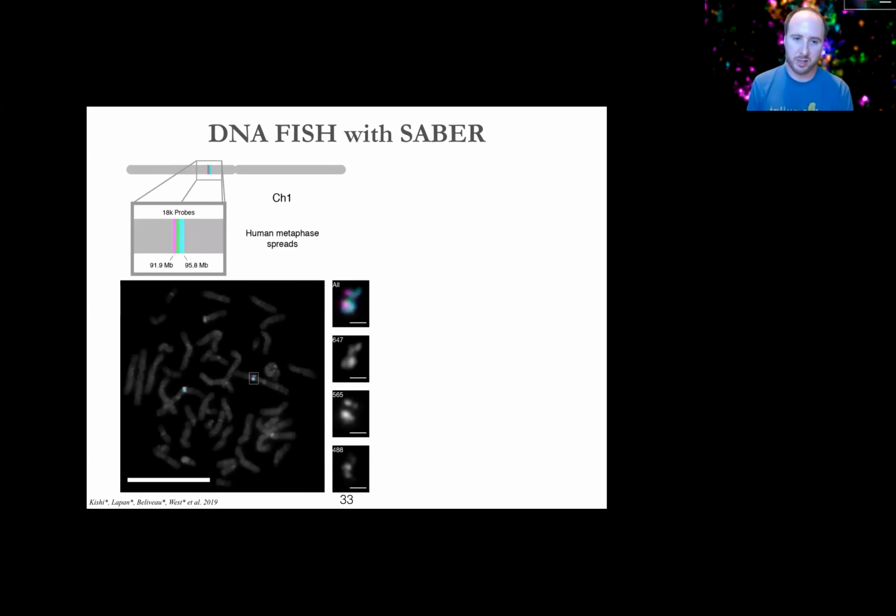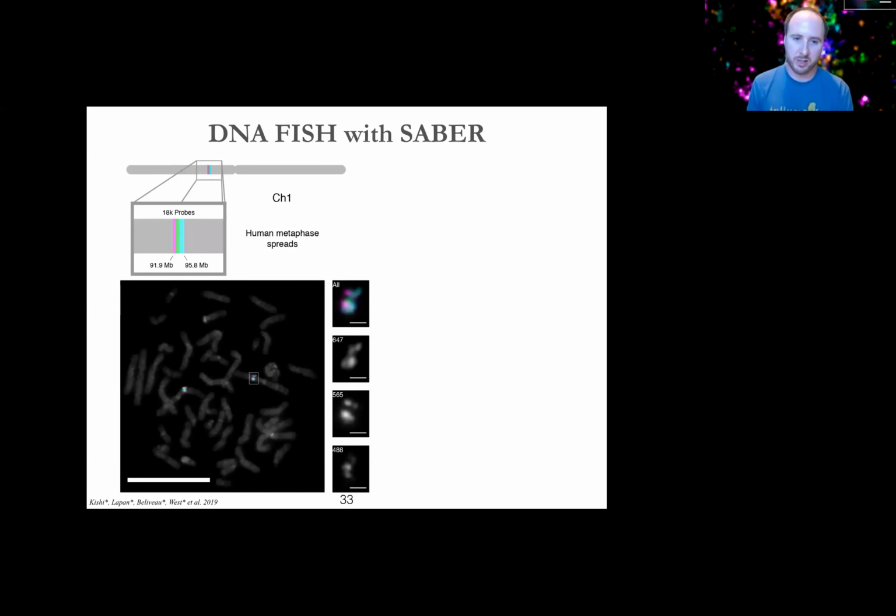Of course, for DNA FISH, we went to my favorite target, the metaphase chromosomes, where you can use the linear order of what you see and the type of chromosome you see it on to get great confidence that you're seeing what you expect. So here we ended up targeting about 4 megabases or so on human chromosome 1, and we get the expected co-localization pattern of these 3 colors. And we of course can also visualize this in interphase cells too.